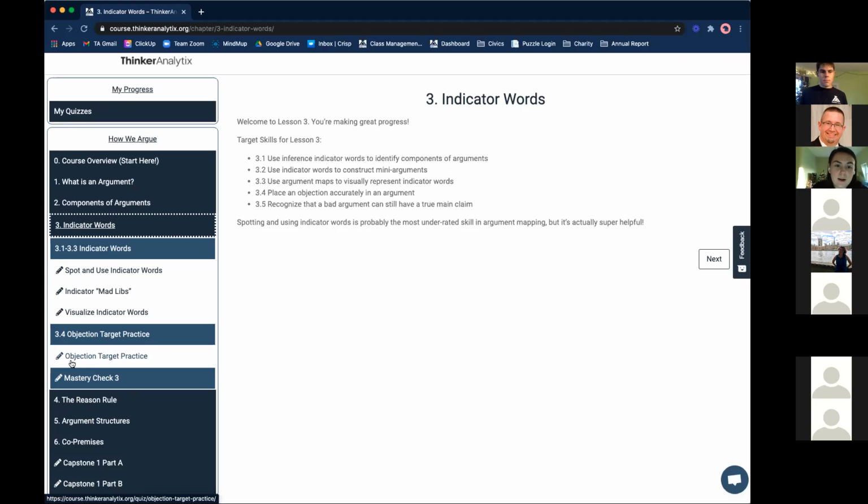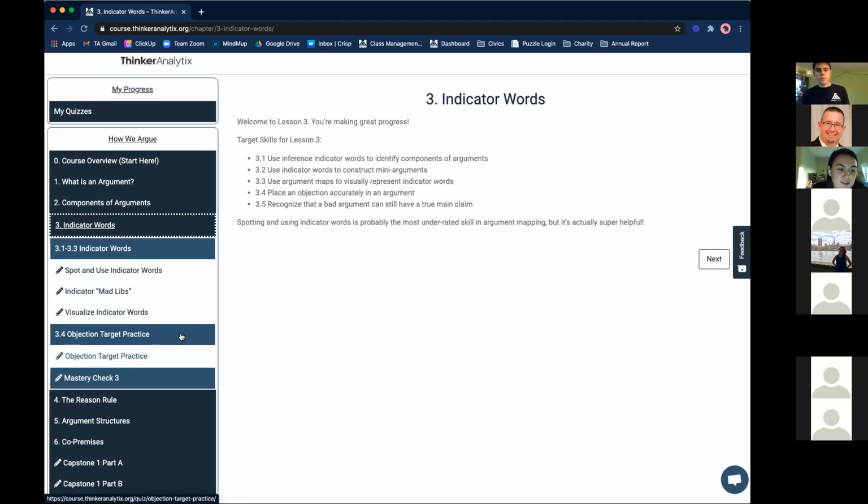And so what this means is that students progressively work through the practice exercises and watch videos. And then when they're ready, once they've gone through that at their own pace, they take this mastery check and show what they've learned. So we set a pretty high bar. Not everyone passes every mastery check on the first try, which is fine, right? That's part of learning: trying, and if not succeeding, trying again.